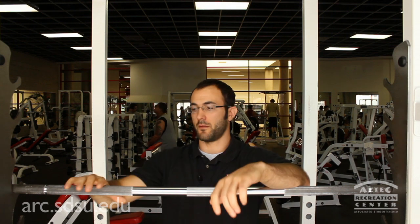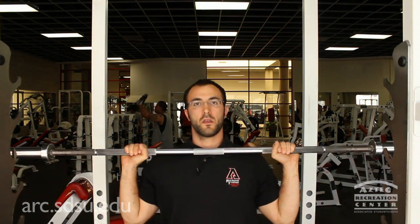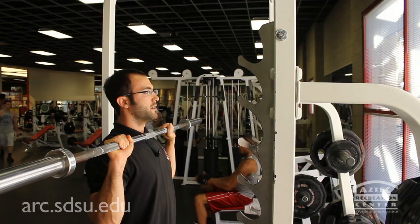Alright, when we're getting set up for the overhead press, you want to make sure your hands are just a little bit wider than your shoulders. You're going to step under the bar, pressing it up out of the rack and out. Once you're out of the rack, make sure that your legs, butt, and abs are all tight and that your knuckles are pointed up to the ceiling. You're going to take a breath,